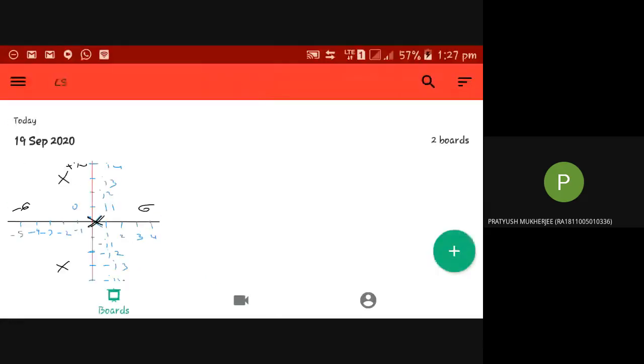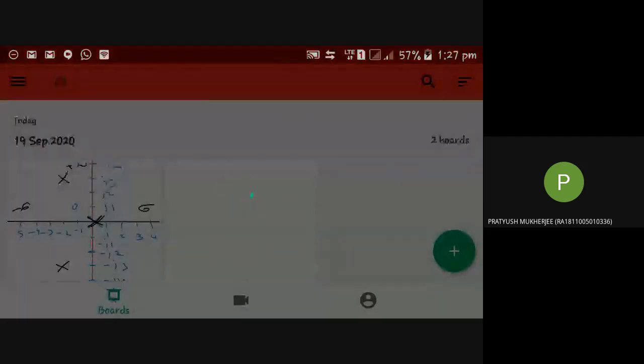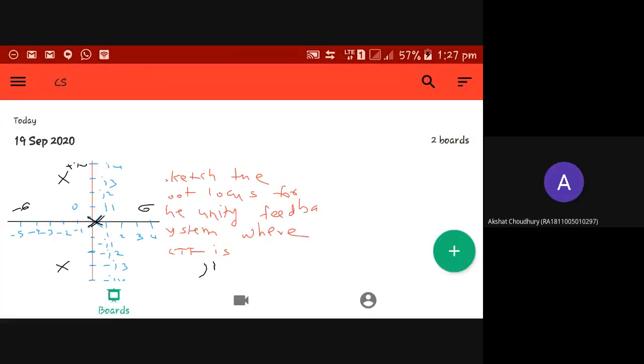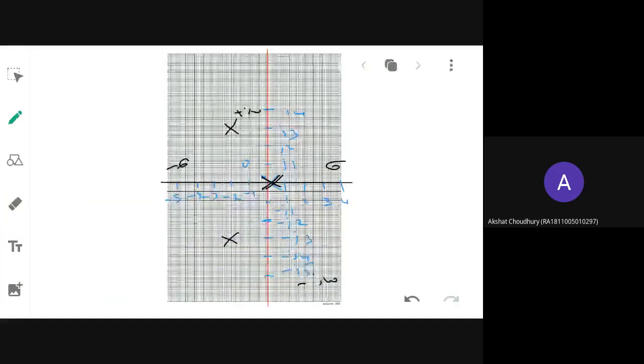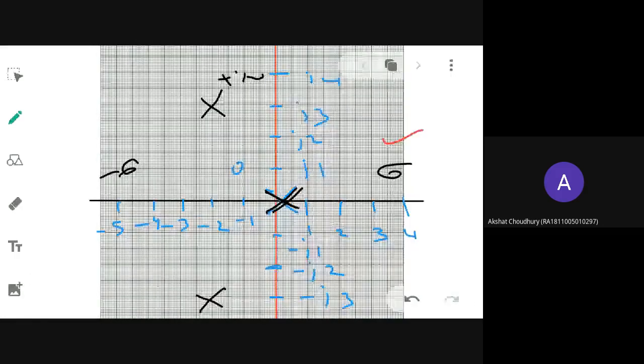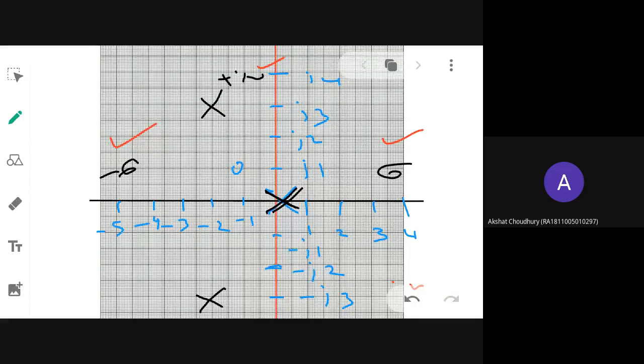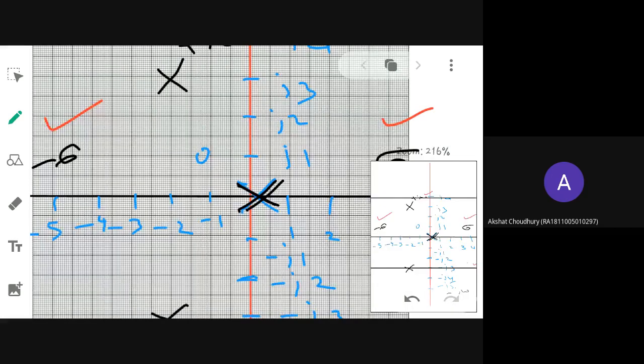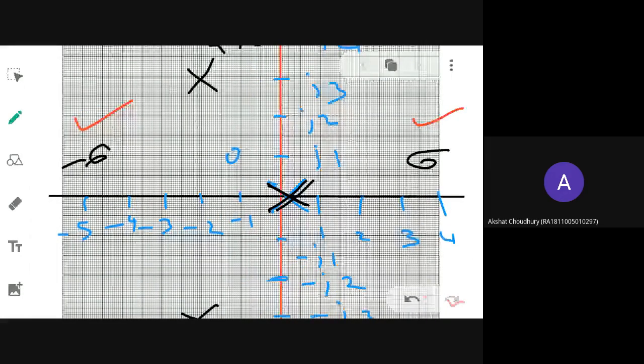All are doing this in the graph sheet. You take your graph sheet. First step, you know what is your first step? You need to locate the poles and zeros. See, all are observing, I guess. You have to take a graph sheet like this. Then you have to mark the positive real axis, negative real axis, positive imaginary, negative imaginary. All these things you have to mark. Then you take scale as I have taken: 1, 2, 3, 4, minus 1, minus 2, minus 3, minus 4, like that. I have to take scale for the 4 axes.